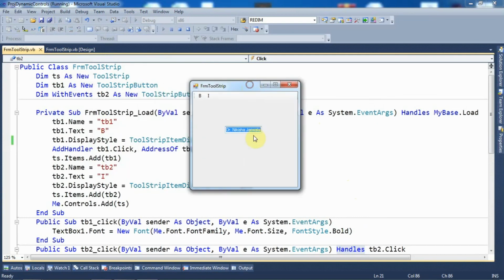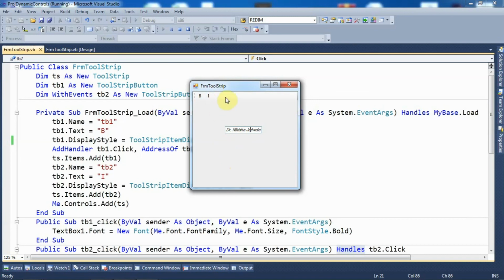As you are able to see, this was our text box control within which I have specified Dr. Nikisha Jariwala. And see over here, this is a toolstrip control which contains two toolstrip buttons, that is B and I. If I click on B, you are able to see the font style of the text box control has been changed to bold, and if I click on I, obviously it has been changed to italic, right?